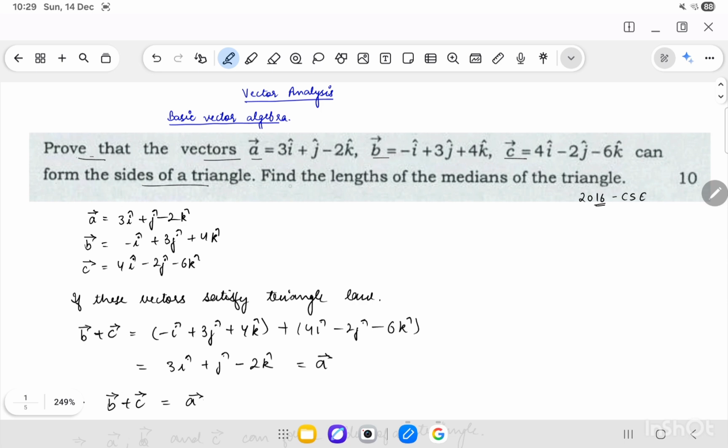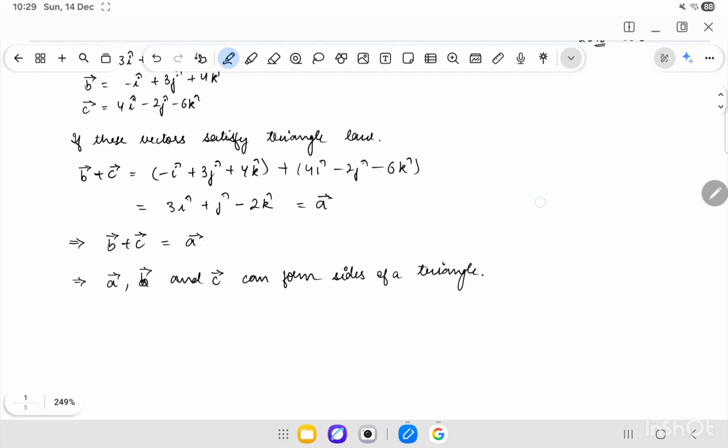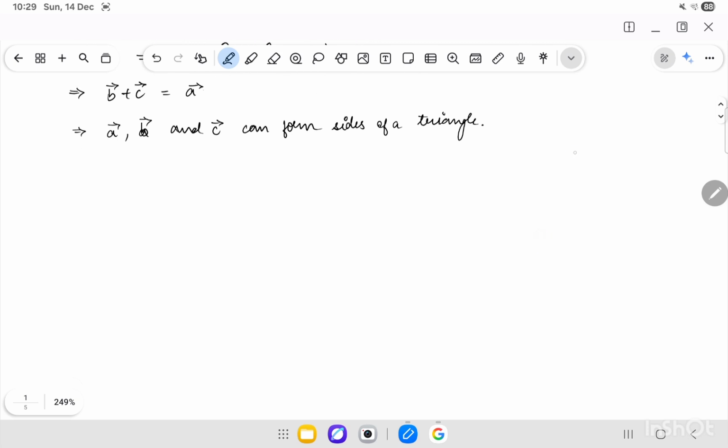Now the second part is, find the lengths of the medians of the triangle. So we are supposed to find the length of medians of the triangle. So for example, let's say A, B and C is our triangle, and let's say midpoint of AB is F, midpoint of BC is G and midpoint of AC is H, then AG, BH and CF are basically the 3 medians